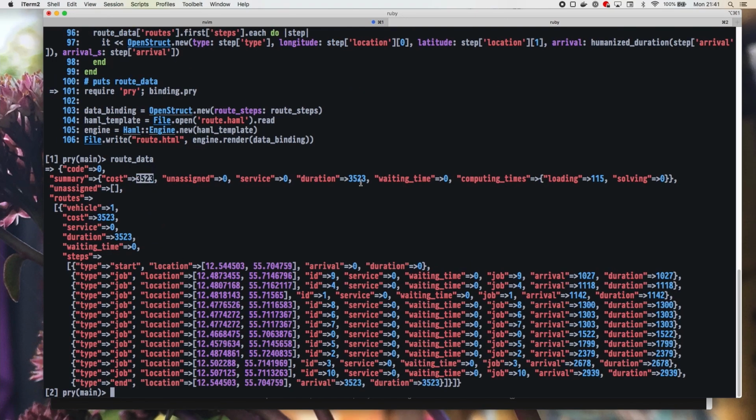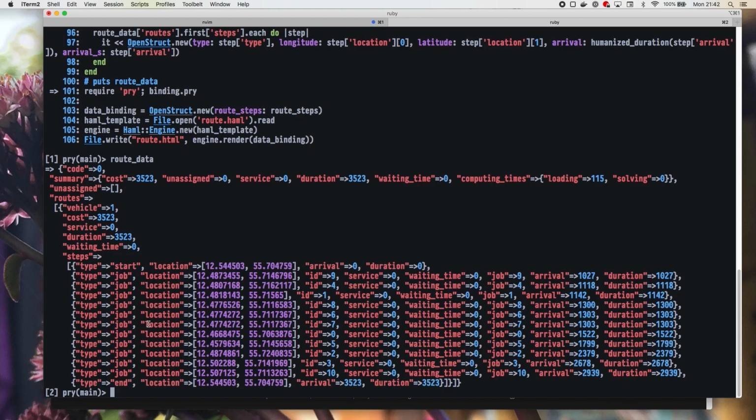We get the cost. The cost is the same as the duration. So this is how much time in seconds it will take me to solve. There's some computing times. That's probably how many milliseconds or whatever it took the backend to calculate my route. You can add some waiting time. So you can say maybe it takes 5 minutes every time I do a delivery. But I haven't calculated that in. Just take that it takes 0. So when I arrive, the API assumes that it only takes me 0 seconds to map the whole thing out before I go on the bike again. That's not right, but it's simple enough.